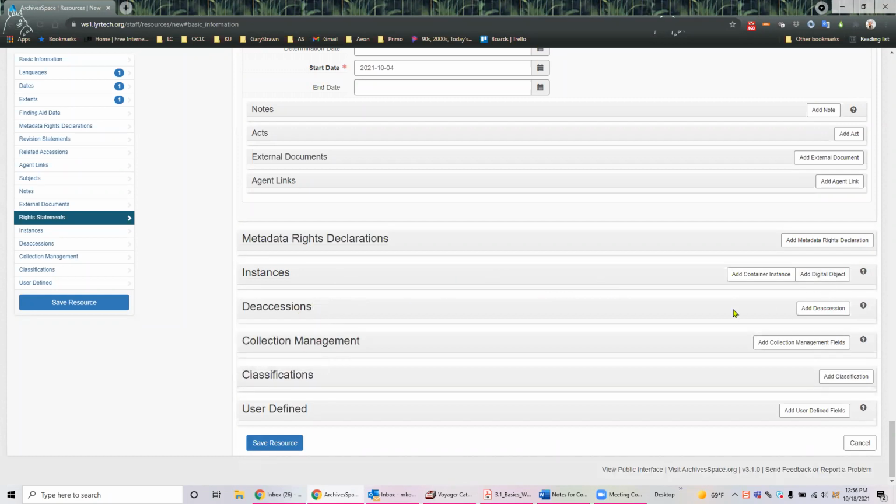Deaccessions. There was a deaccessions area in an accession record, and that area only applies if you are deaccessioning something when it's still being accessioned, hasn't had a resource record. Now let's say we've actually created a resource record and then we come back and go, oh, let's remove boxes 12 and 13. That is where you would indicate that information here on the deaccessions on the resource record. Collection management